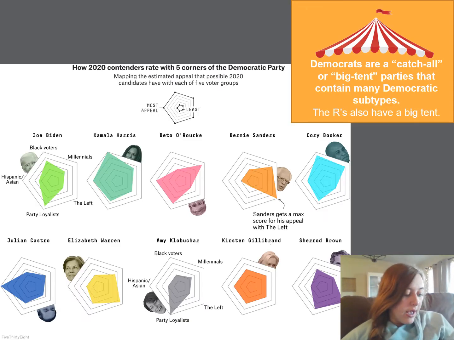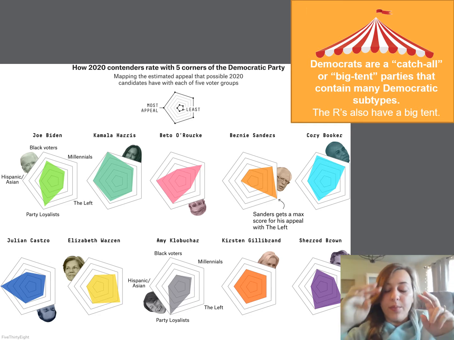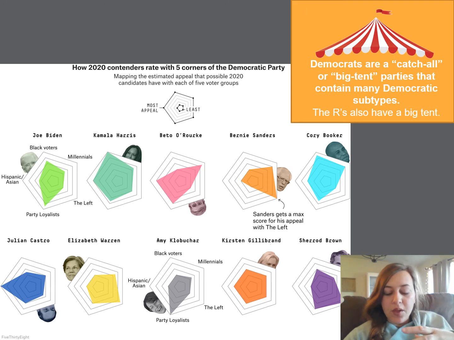Before we look at how that happens, it's important to note that both of our two major political parties, the Democrats and the Republicans, are catch-all or big tent parties. That means within the Democratic Party or within the Republican Party, there are many different subtypes of voters, right? They may have different views on different issues. The subtypes identified in this